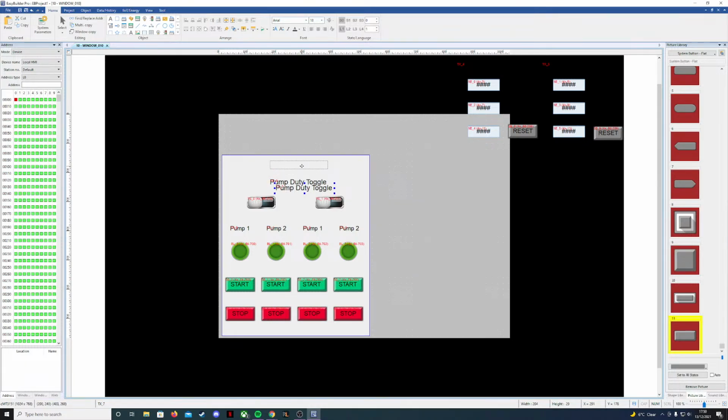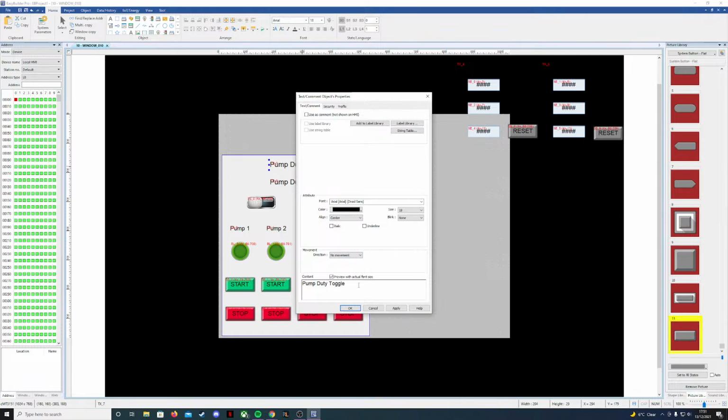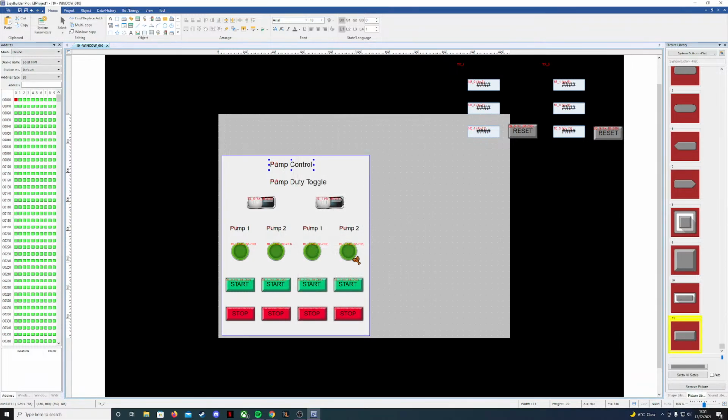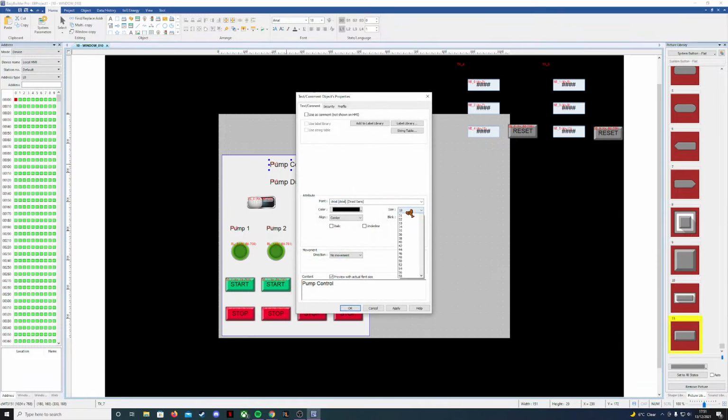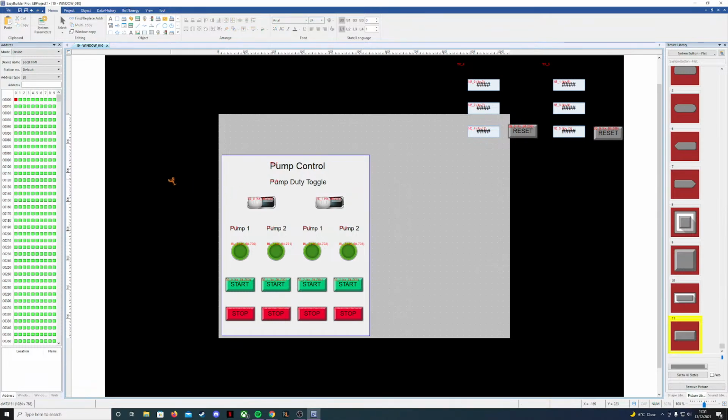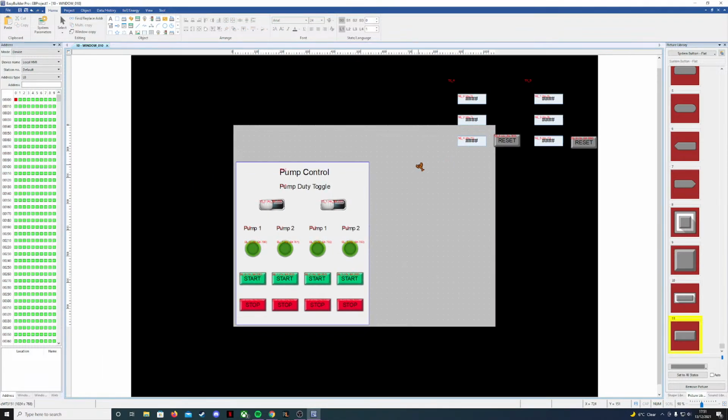And I'll make another text box there that just says pump control. I'll make that a wee bit bigger because that's more like a header. Okay, so we can bring all my other stuff back down and